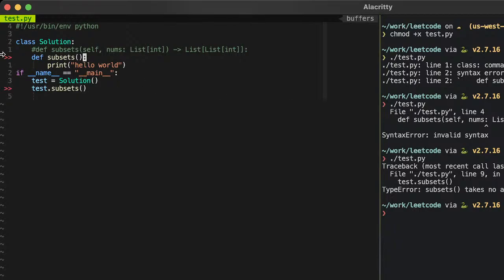Not sure what this error is. It's interesting. Method has no argument. String greeting.